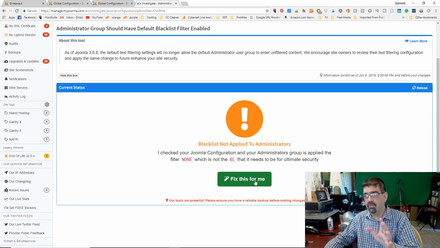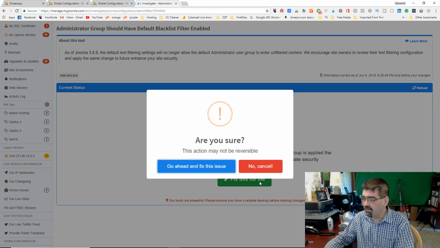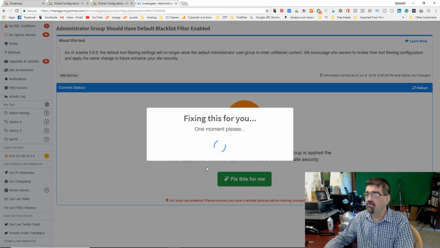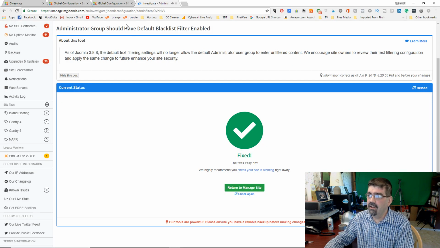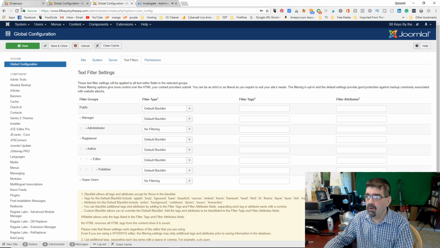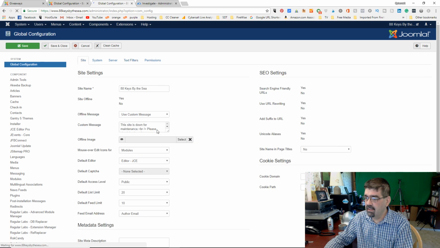Now, always have a backup of your site. I think I probably already had a card that dropped down about backing up your site, or I'll put it here later in post-production. But if you've got a backup of your site, click on fix this issue. Go ahead and fix it. You get a lovely bell ding. And now when we refresh this page, we'll see that